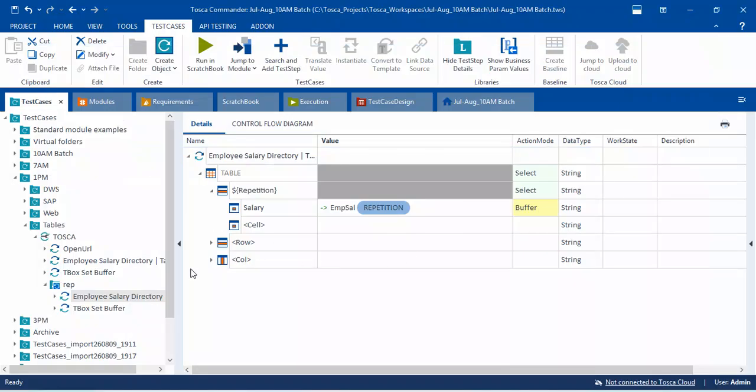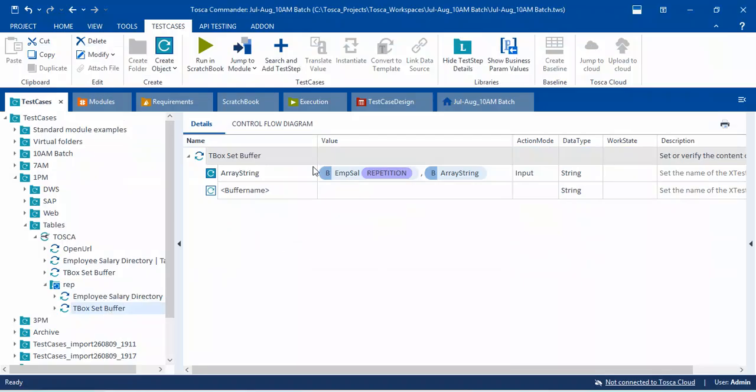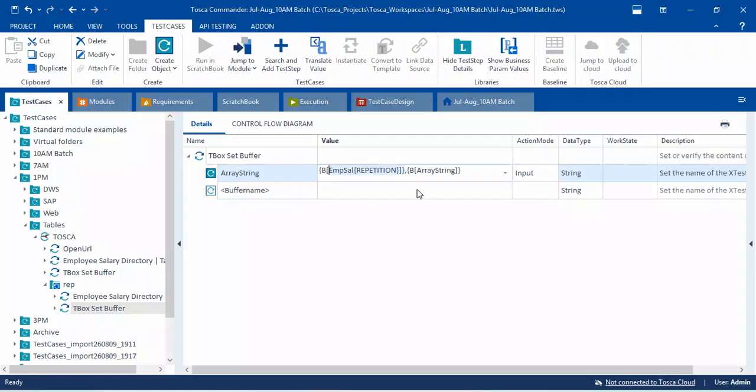Similarly, we declare one more parameter, one more buffer, and in that buffer, this employee salary 1 having one text, right? We put that into this buffer. This value will be transferred into this buffer. Okay. Now the only point that I'm not getting is that this value will be transferred into this buffer, but then